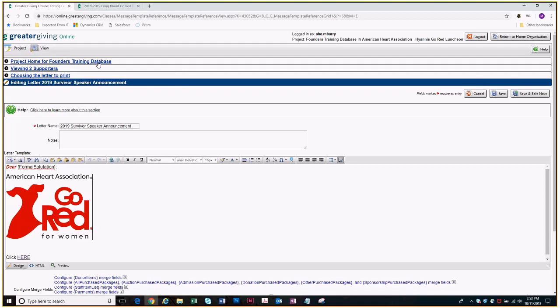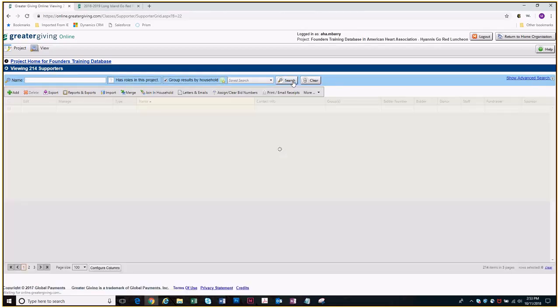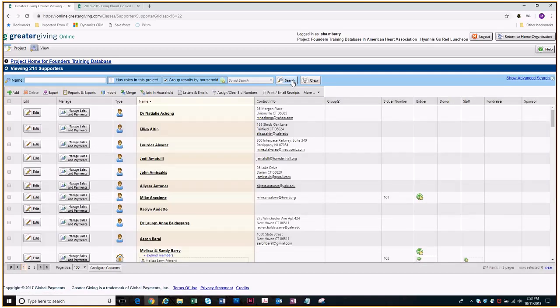Once you send yourself the test, you look at it, whoever else needs to look at it, looks at it, and everybody says it's good to go. You're going to come into your supporter database, and you can pull any number of mailing lists,